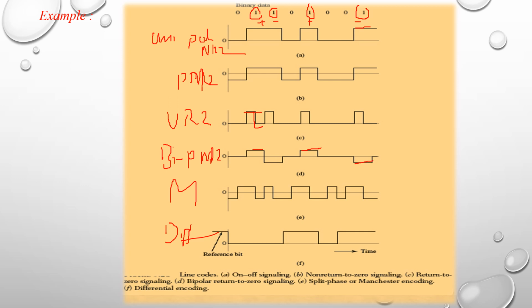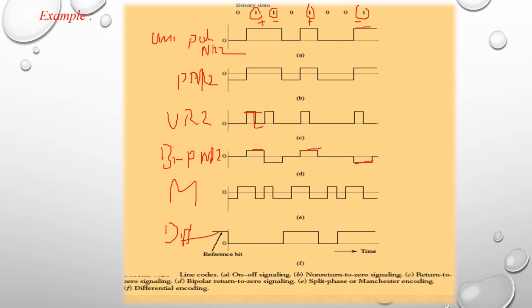So this is a negative voltage level. And the next conversion is Manchester. So in Manchester conversion, 0 is the input. It varies from positive to